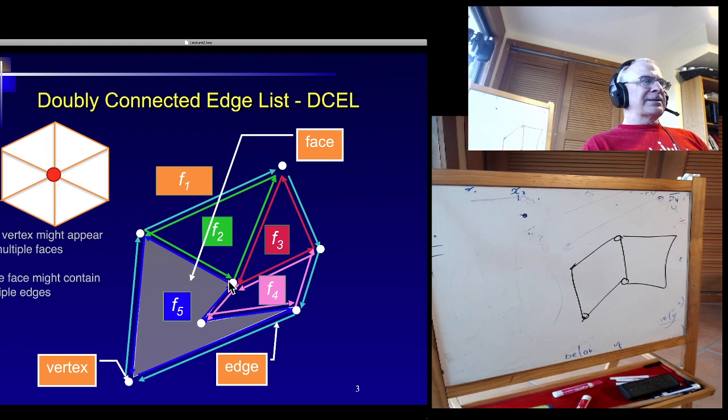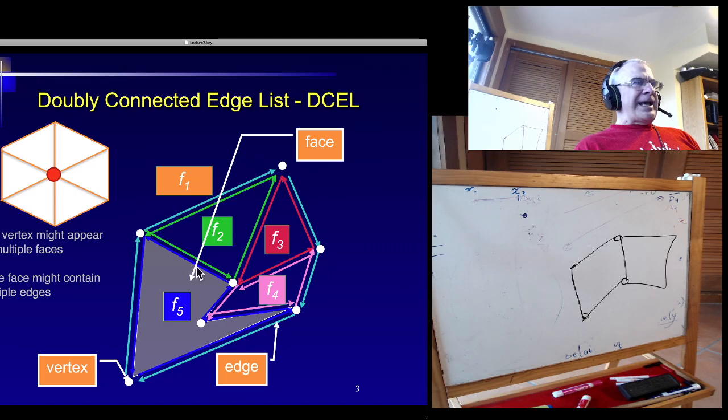A vertex might appear on many faces, so it's a bad idea that each face will know all the information about the vertex. I can also ask every face to know all the edges inside the face, which is kind of okay, but